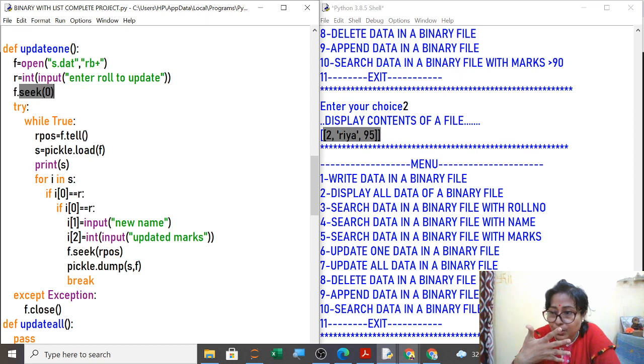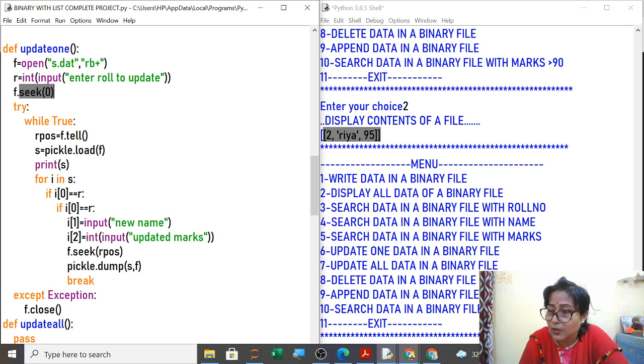Now if you don't use seek zero, what will happen? Wherever your pointer is, it will rewrite from there. It will start writing from there. But I want to remove all my old records, and over that I want to rewrite it. So I will use seek zero. So seek is a function which is used to put the pointer at that particular byte.